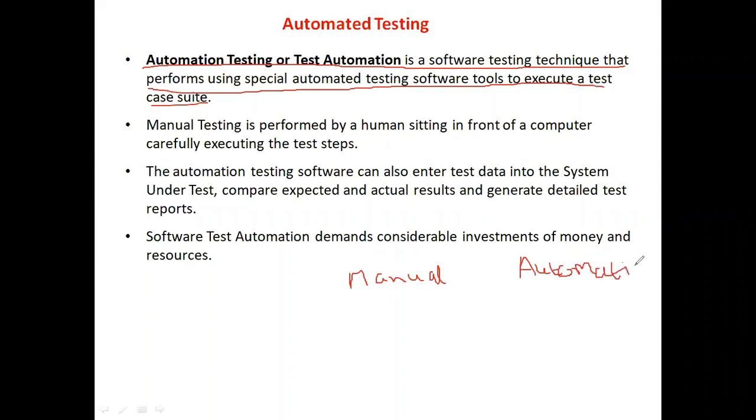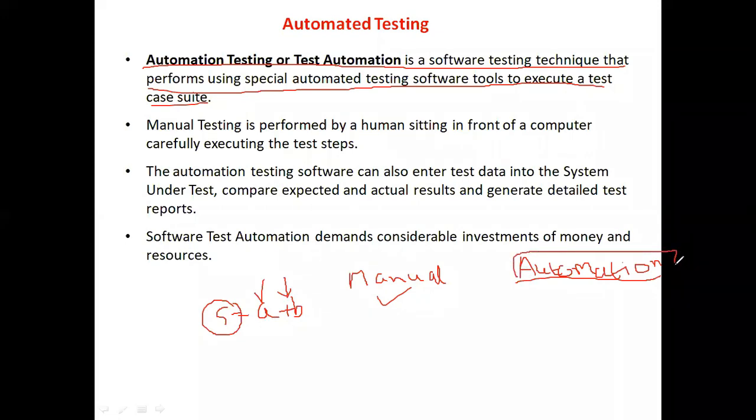For example, if you write a program, for example, addition of two numbers, sum equals a plus b. Now I pass the values for this a and b manually, and I check the expected output manually. Then we say that the test cases are manual. Automation is nothing but here we are going to use some tools. These tools can automatically generate random numbers for a and b, and they check. This type of testing we call automation testing. In automation testing, we are going to use software testing tools.